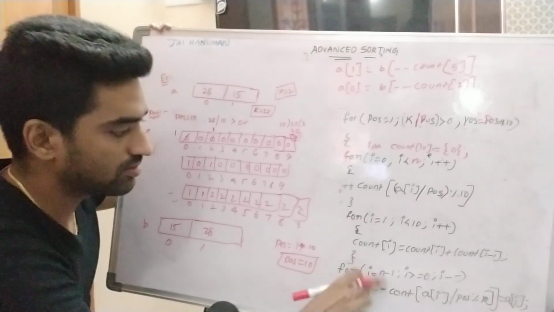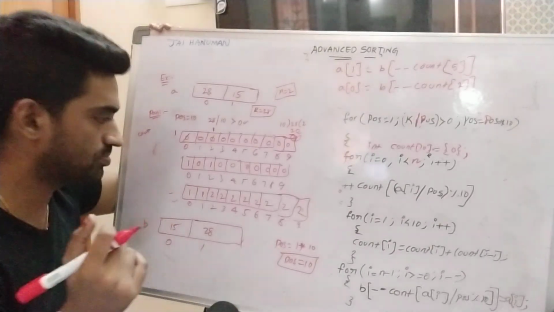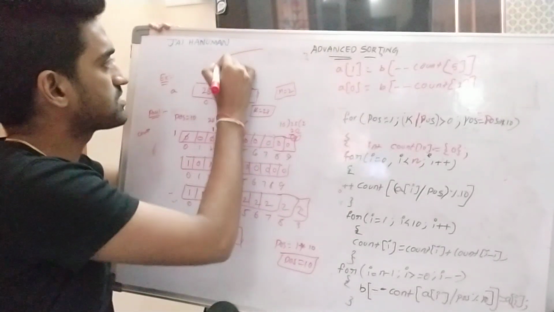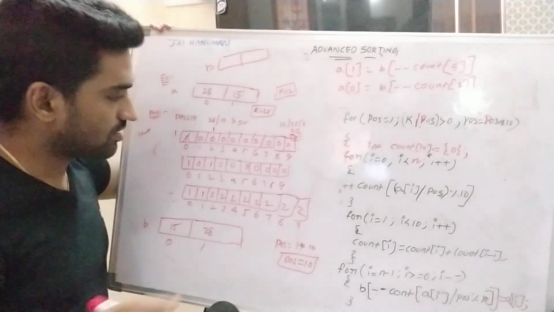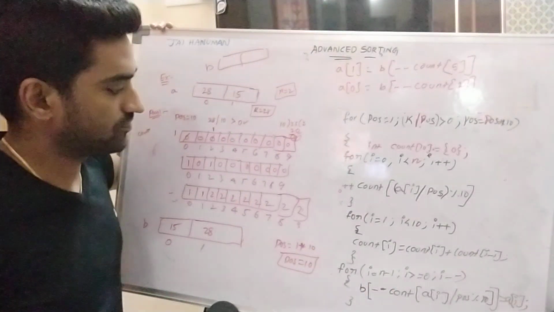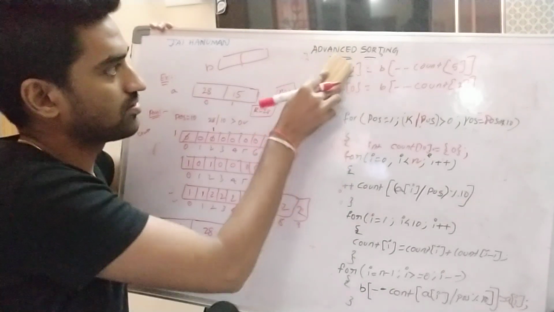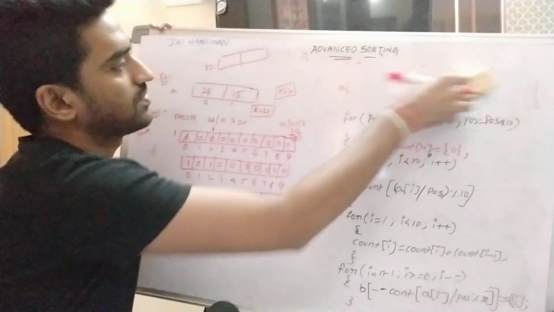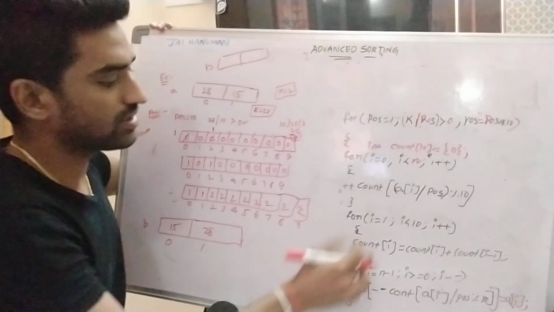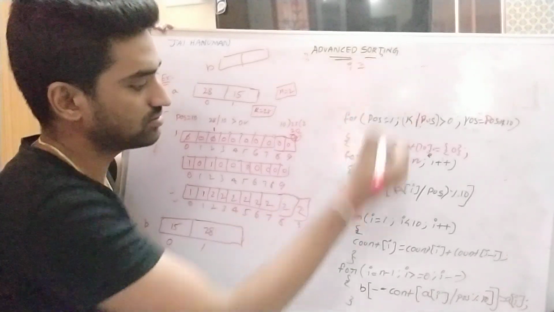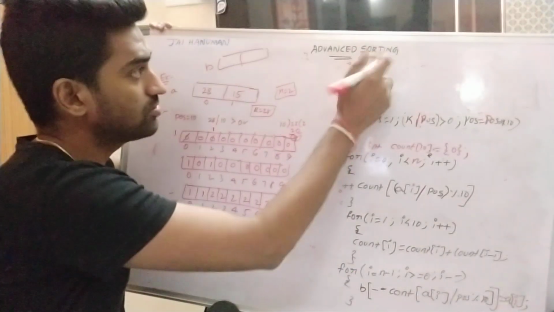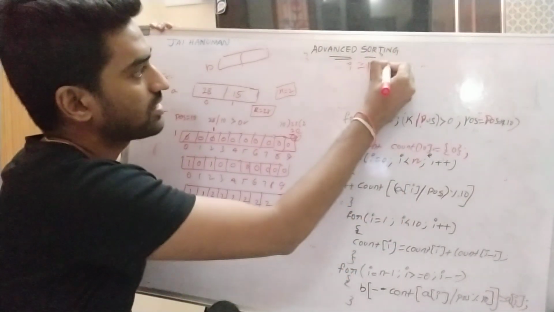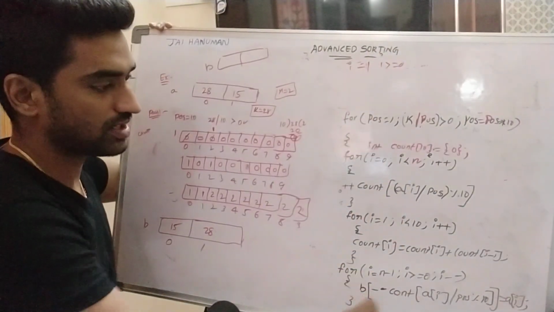Right? So now we update the output array. Here the output array is represented with the help of B. So the update can be done with the help of this loop. Here I am taking i. So i is equal to n minus 1, so i is equal to 2. So the total number of elements is 2, n minus 1 is 1. So 1 greater than or equal to 0, the condition is true. We update this one.